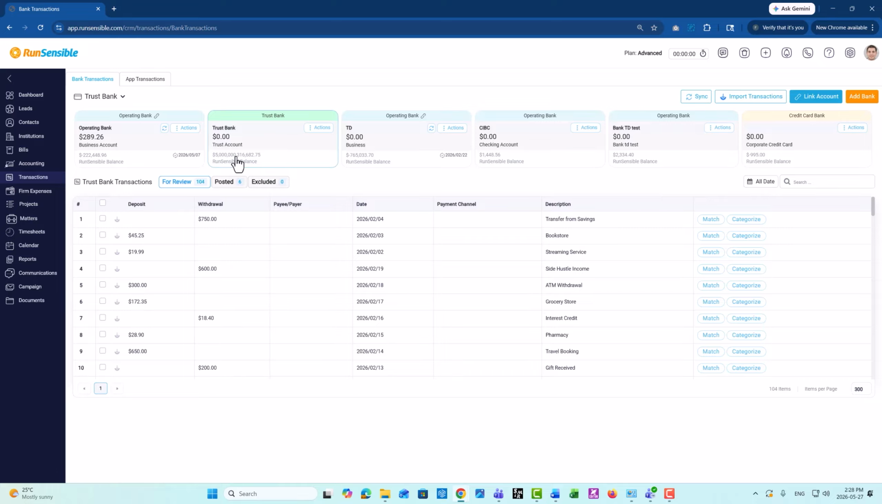Further down on the card, the RunSensible balance is displayed. This balance is calculated based on the transactions recorded inside RunSensible itself, meaning the transactions created or processed within the system as part of your internal accounting workflow. It is important to distinguish this from imported bank transactions. Imported transactions reflect activity from your real bank account, while the RunSensible balance reflects the balance based on transactions recorded